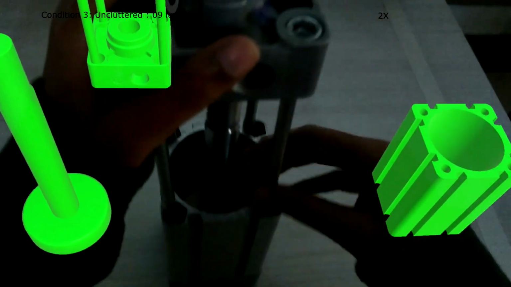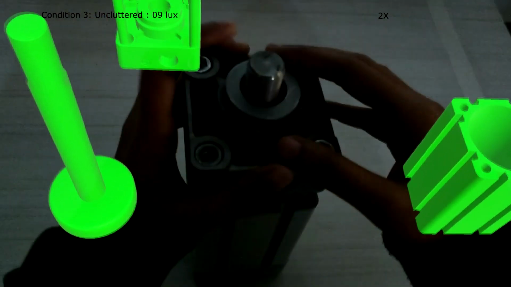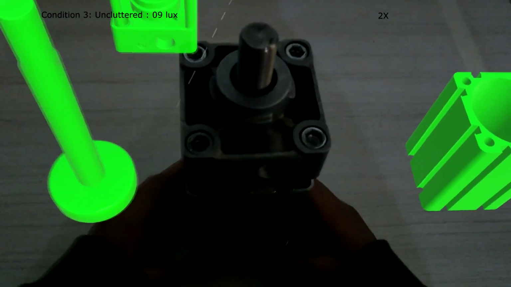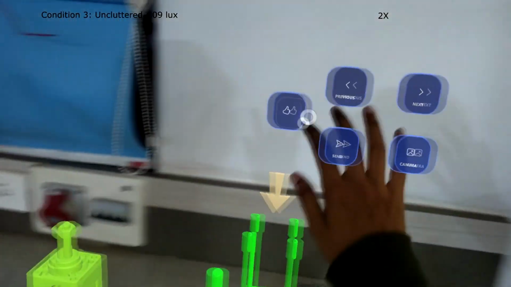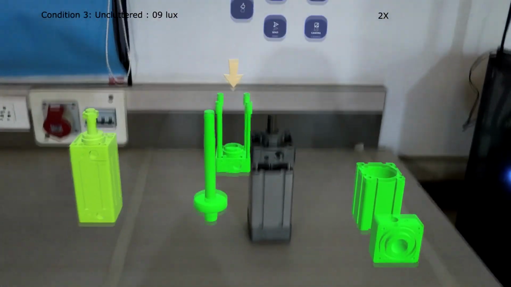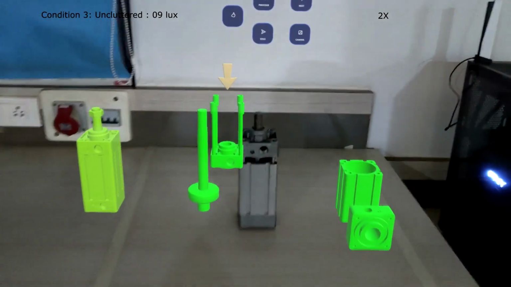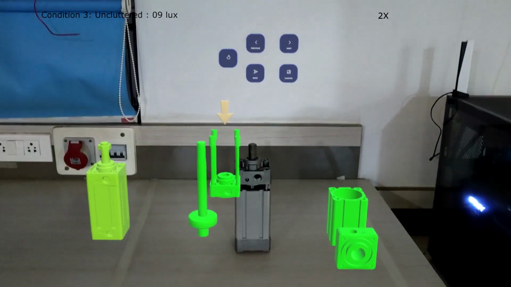This scenario illustrated the model's ability to maintain high accuracy and effectiveness even in less than ideal conditions, showcasing its robustness and versatility in real-world environments where lighting and visual clarity may be compromised. Overall, the model consistently guided the user through the assembly process under all 3 conditions, proving its efficacy across a